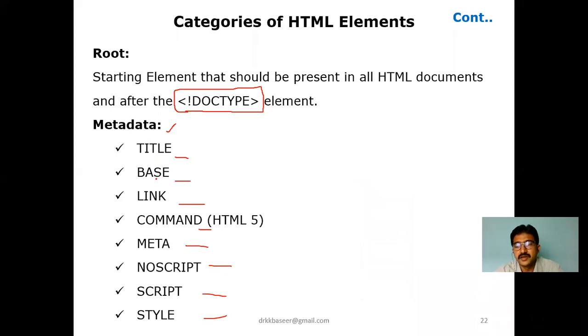Base is nothing but, the best example for base is, for example, in one of the clouds, you store a set of images in one folder. Like KKB is a folder which stores all the images. Now, in that KKB folder, you are accessing the image names. For example, in the KKB folder, we have images numbered 1 to 10. The first image name is 1.jpg. Now, in the base element, you mention only the link where the KKB folder is available, for example, in C drive, the KKB folder is there. Up to that only you can mention.